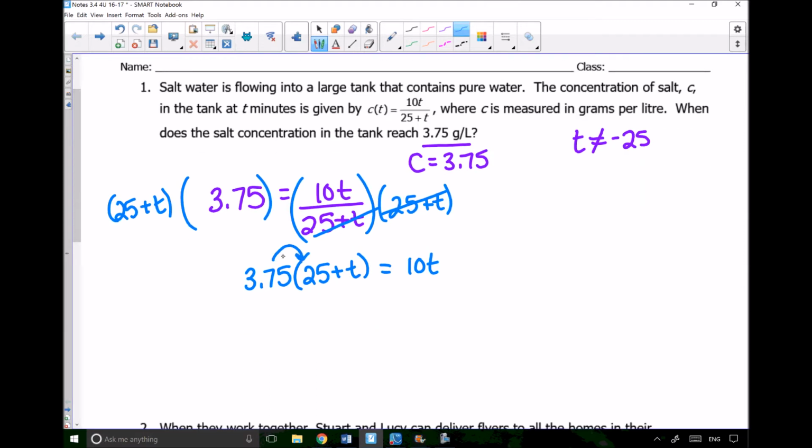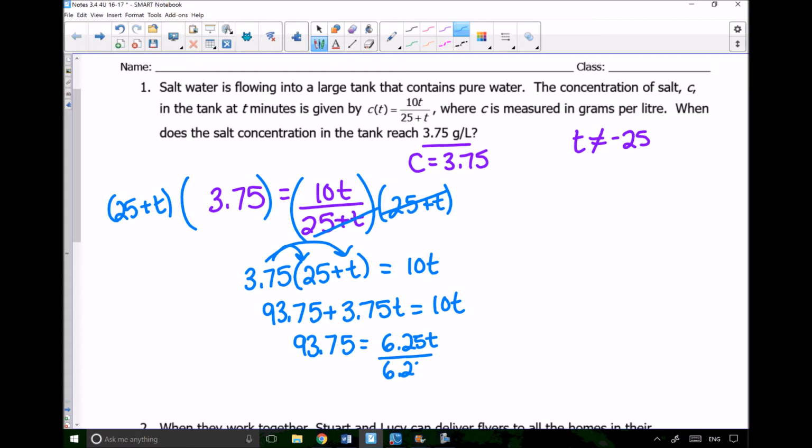Now it's just a linear equation that I can solve. So I'm going to distribute the 3.75 through. When I multiply 3.75 by 25, I get 93.75. Plus, when I multiply 3.75 times t, I get 3.75t equals 10t. Now I can subtract the 3.75t from both sides. So I get 93.75 equals 6.25t. And then I can divide both sides by 6.25. And that would give me t equals 15 minutes. So it would take 15 minutes